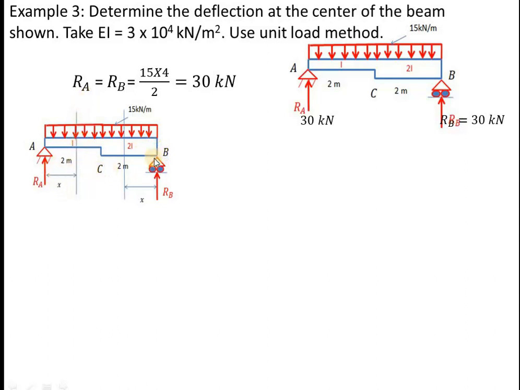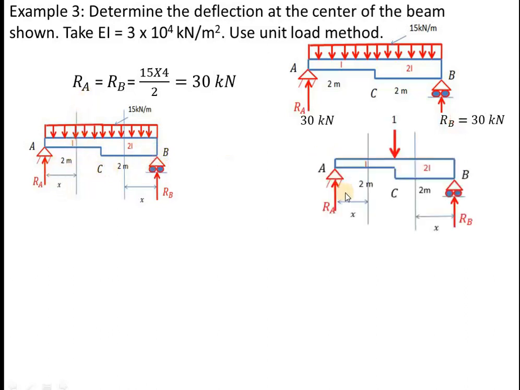and we take the sections in both the portions separately. Similarly, now we remove the given load and apply a unit load at the point where the deflection is asked. Here the deflection is at the center of the beam, that is C. So you have to apply a unit load. Again we calculate the bending moments in both the portions due to this unit load. Now the reaction for this, again the loading is at the center, 1 divided by 2 means 0.5. This RB is also 0.5.